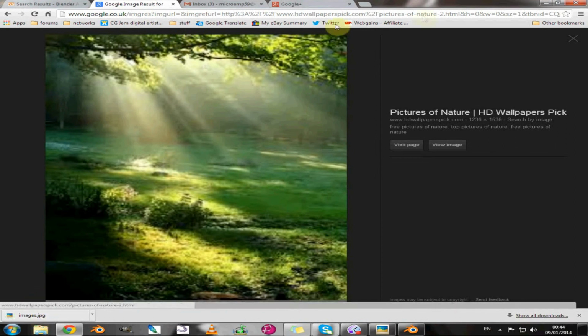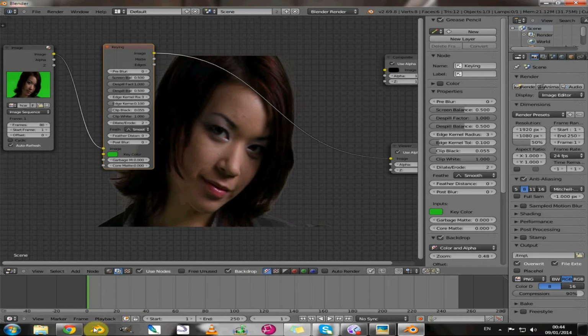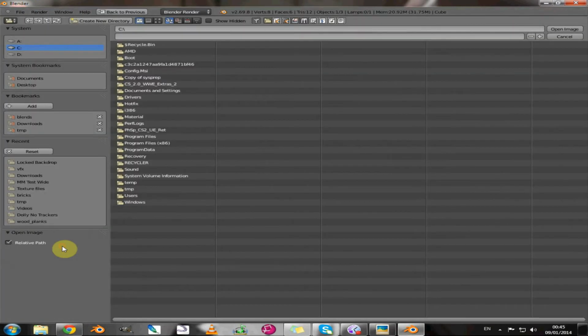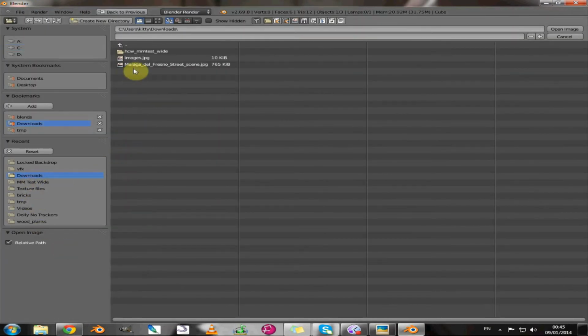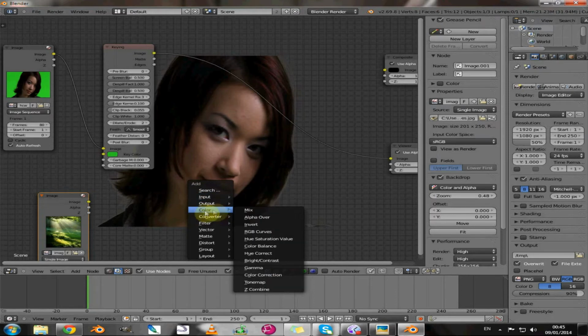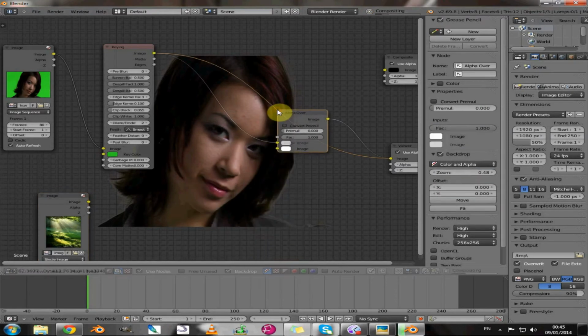Now we've downloaded it, we'll go back to Blender and we'll go Shift A, add input image, open image, go to downloads and click on the image we've just downloaded, and there it is. Now we need to connect it together. Like I say, if I just use an alpha over node, so Shift A, input, convert color alpha over. If we click that there,